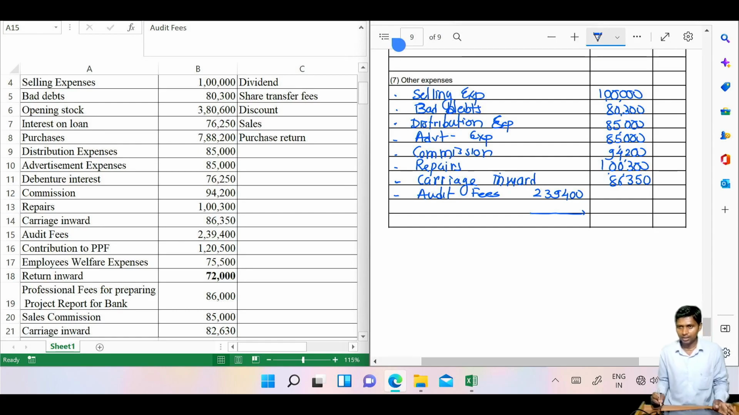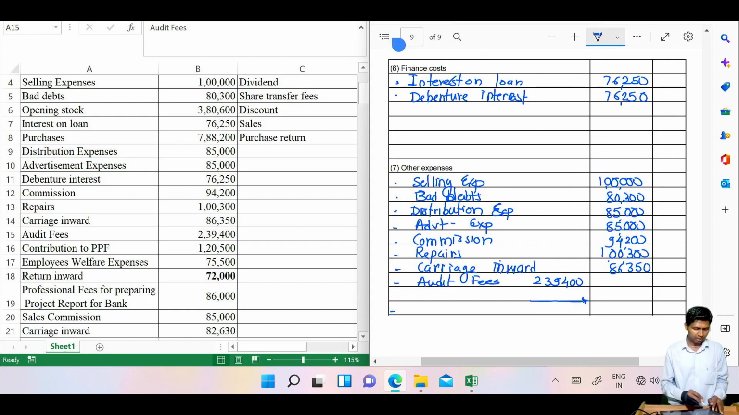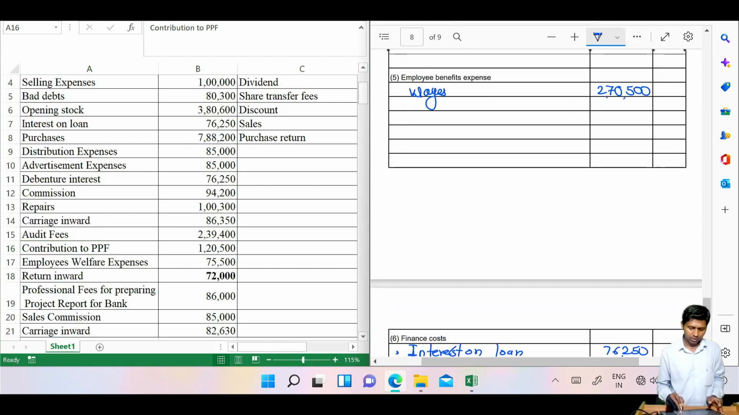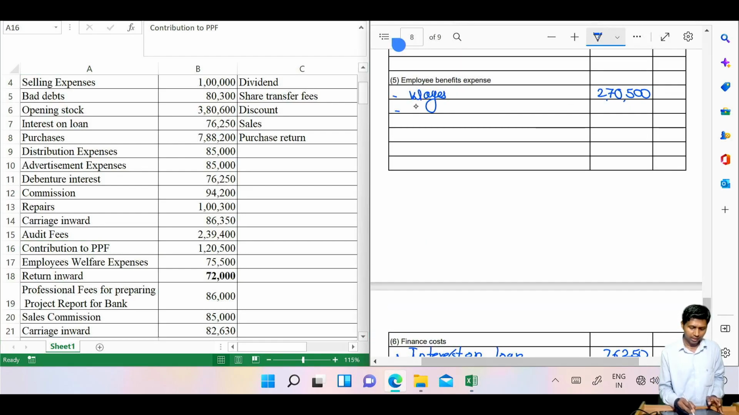Adjustment would not be there, then we would have written this in other expenses. Adjustment is given, therefore in a particular given column only. Now after audit fee, we find contribution to PPF. PPF, Public Provident Fund, and PF means on the employee. We give this to employee. Therefore, in employee category,